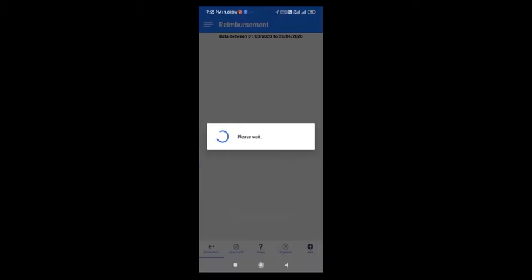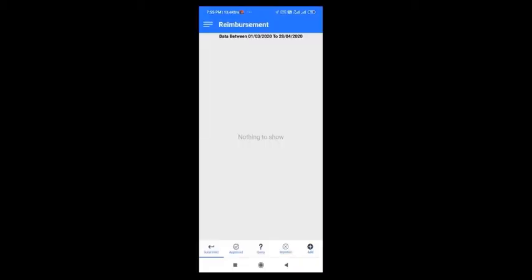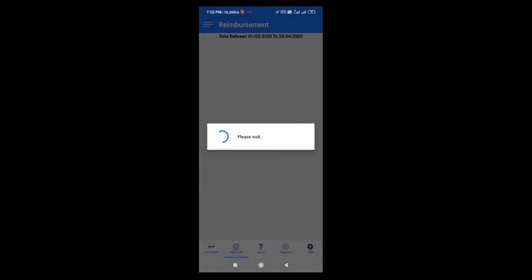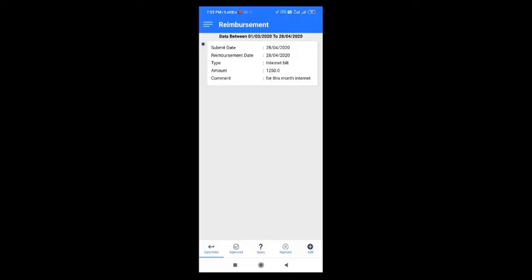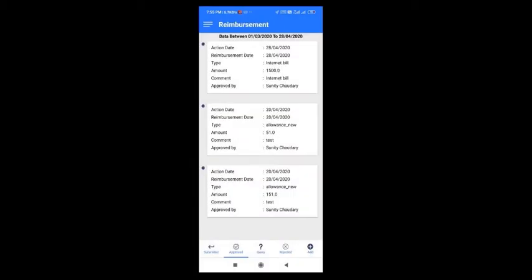So as soon as the reimbursement bill is submitted, it will be visible to the manager. Also, you will be having complete access to the approved, rejected, queried, or submitted bills. Whichever reimbursement you have applied, the complete status will be visible to you in all the sections. So this bill you have updated just now and it is visible in the submitted category. If you wish to see the approved reimbursement, those will be visible over here.